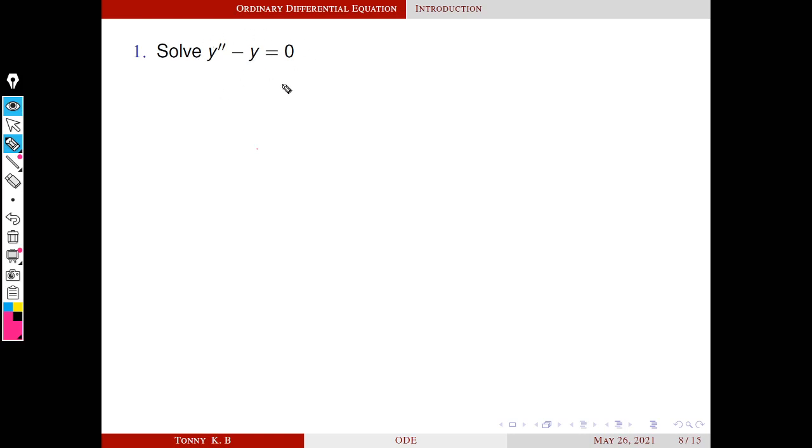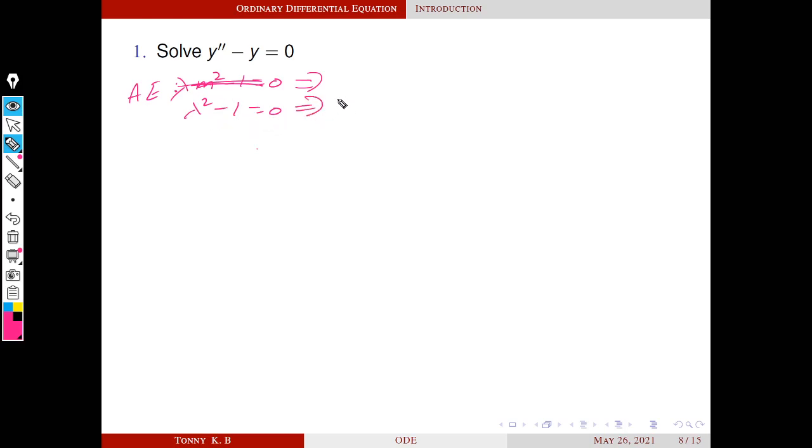So the auxiliary equation is m square minus 1 equal to 0. Next we have to solve this equation, and by solving it we get lambdas. Instead, we can use lambda, so the auxiliary equation is lambda square minus 1 equals 0. We can use any notation, m or lambda, whatever it be. Anyway, I just use lambda. So lambda square minus 1 equals 0.